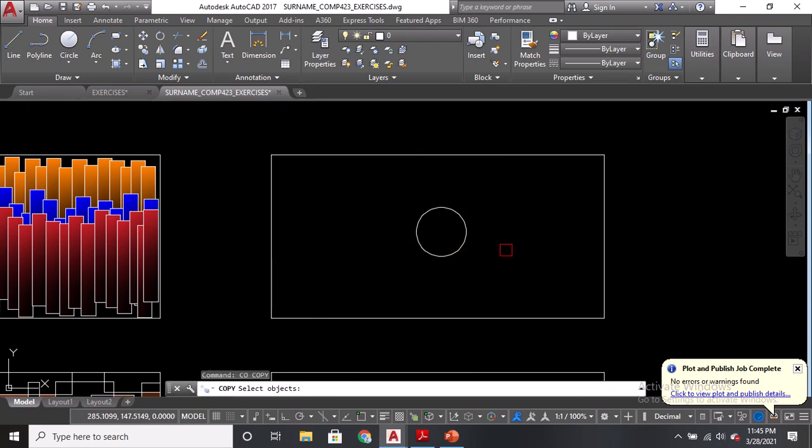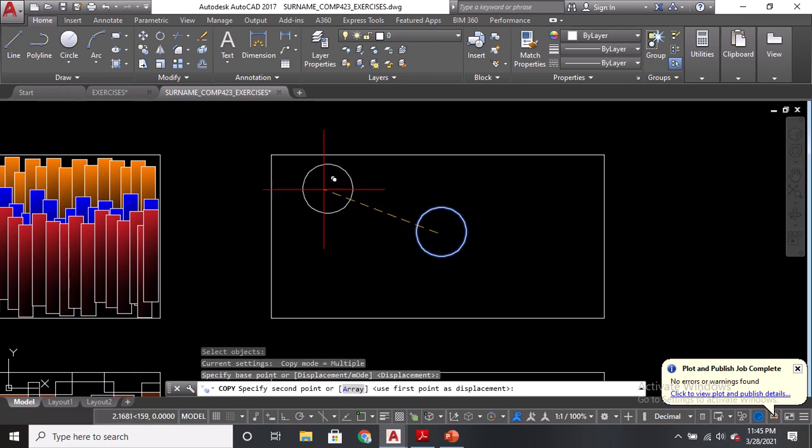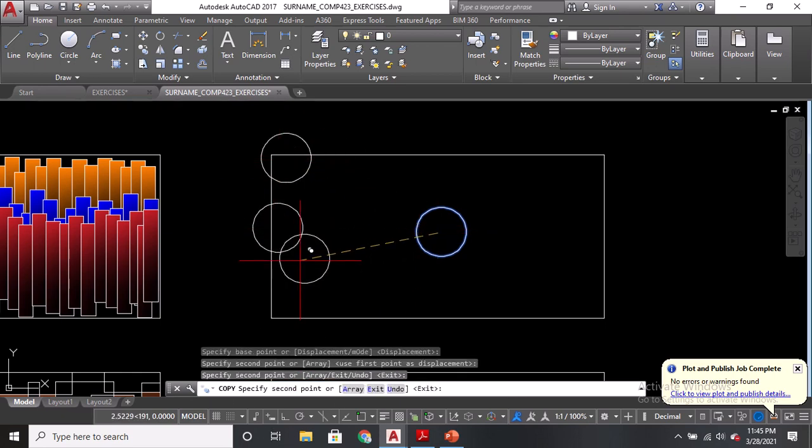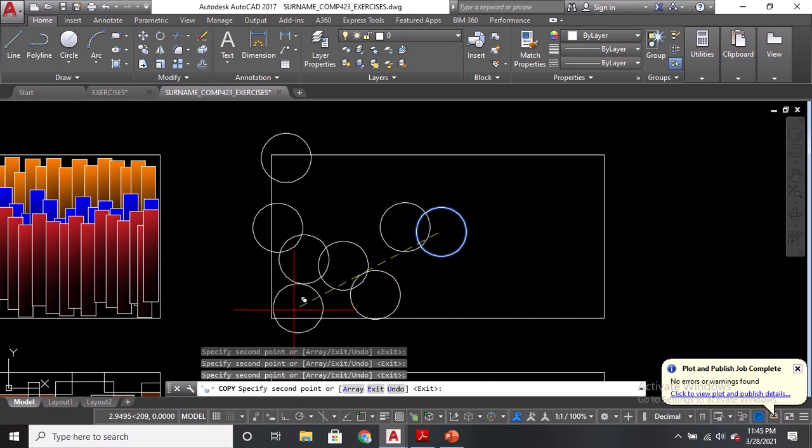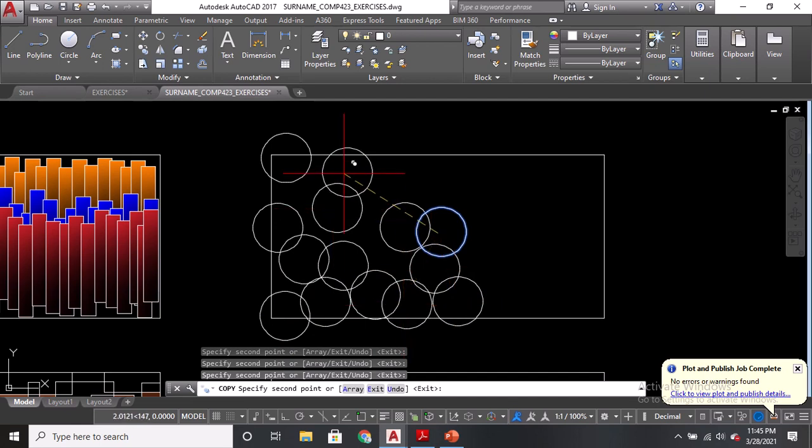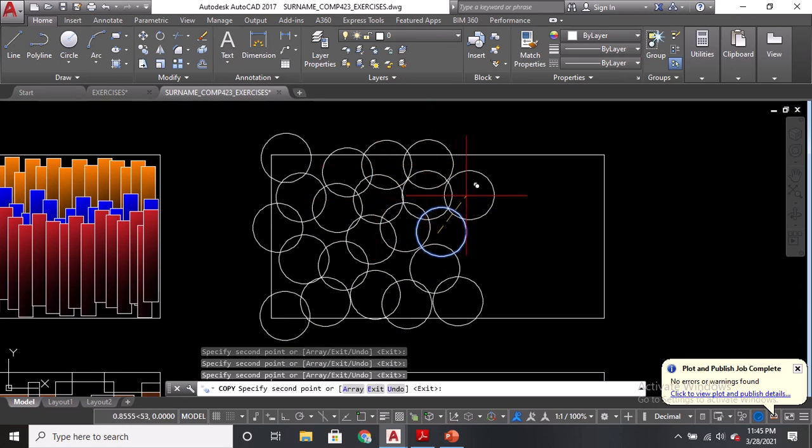CO, enter. Select this object. Enter. Specify base point. Click sa gitna. And you can simply pick anywhere. You can have them overlapping. You can create a specific pattern for this. Asa sa inyo, as long as on the fifth circle, you will be using